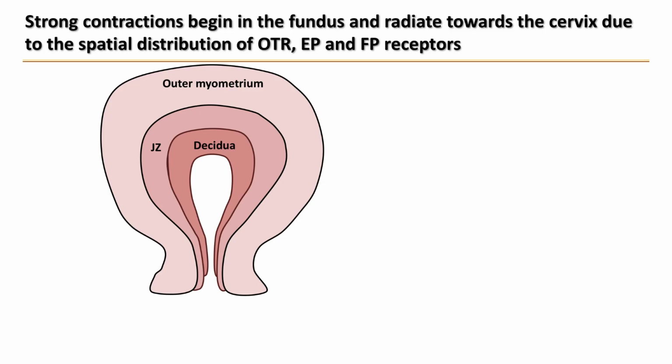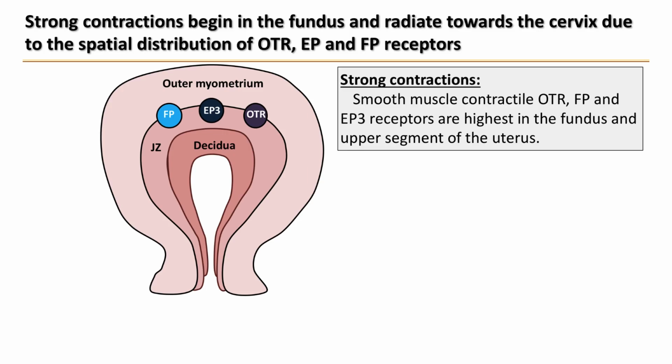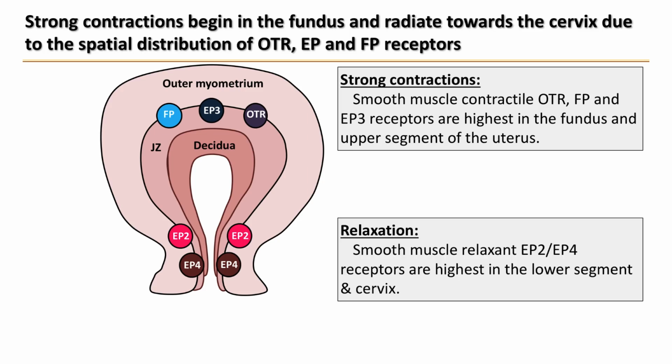Thinking about the actual process, recognize that strong contractions begin in the fundus and radiate downwards towards the cervix, and this is predominantly due to the spatial distribution of OTR, EP, and FP receptors, predominantly EP1 and EP3. So collectively, looking at this in illustrated form, there are 3 primary contractile receptors. Okay. And at the lower end, towards the lower segment and cervix, we see strong upregulation of EP2 and EP4, which will provide relaxation, thereby opening the birth canal and allowing the contractions to forcefully push the baby through the